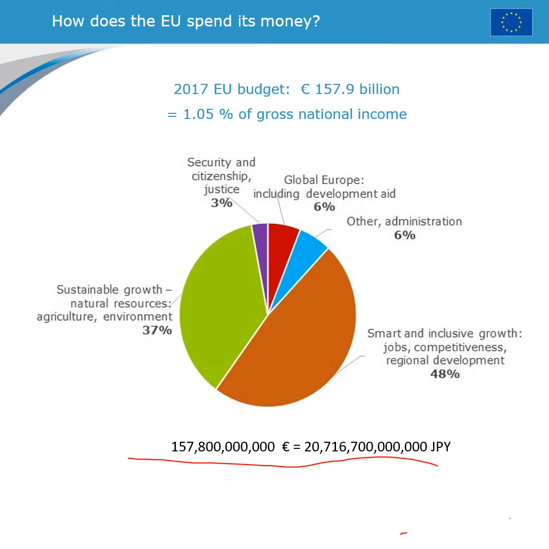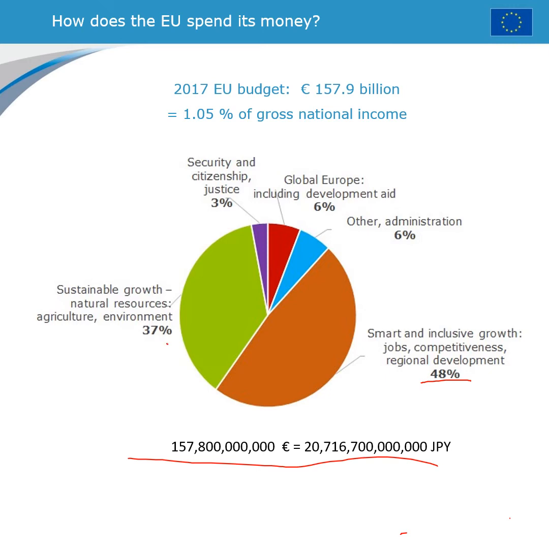And how does the European Union spend the money? The biggest chunk, almost half, is spent on jobs, competitiveness, and regional development. Basically, this is the money that rich countries give to projects in poor countries to make them catch up with the rest of the European Union. The European Union is building bridges, highways, airports, industrial structures, universities, and the like in poorer countries.